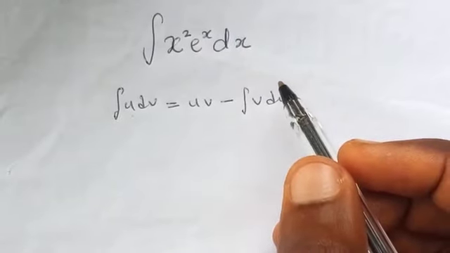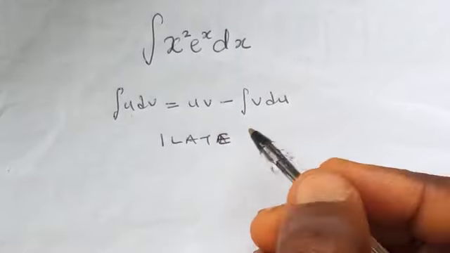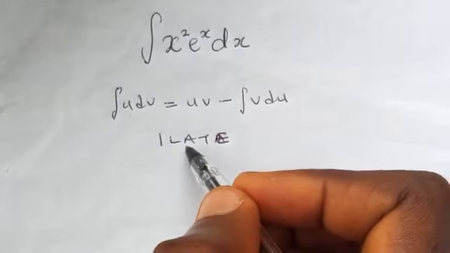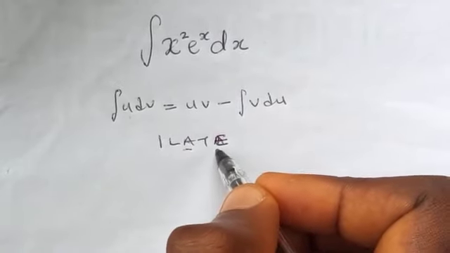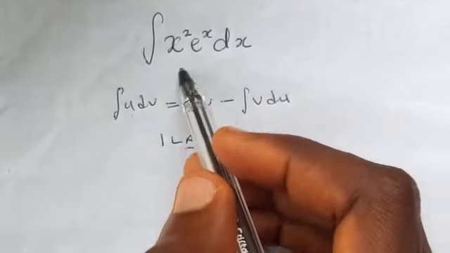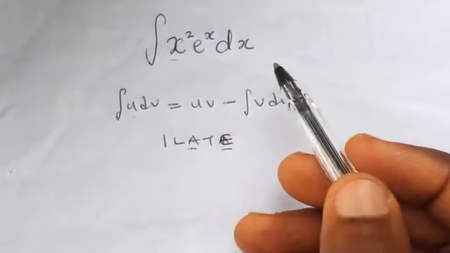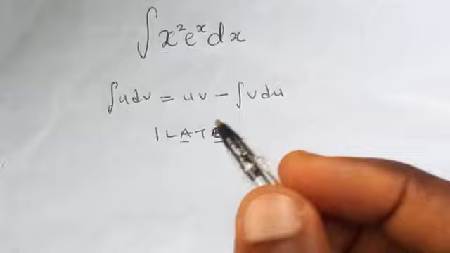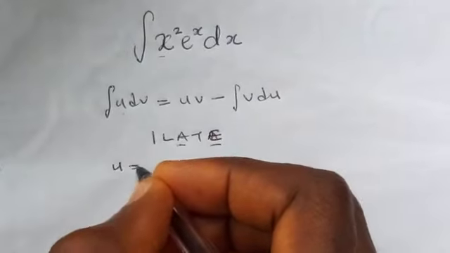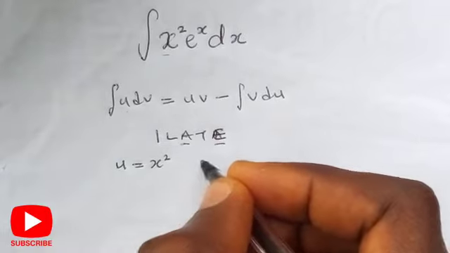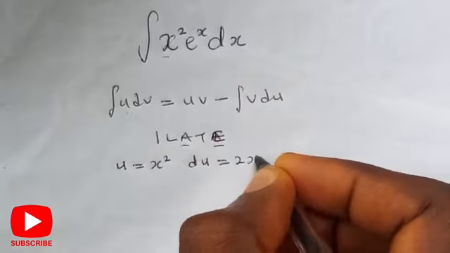This can be deduced from the ILATE acronym, in which algebraic functions come before exponential functions. Here this is an algebraic function and this is an exponential function. Then u will be equal to x raised to power 2. Then du will be equal to 2x